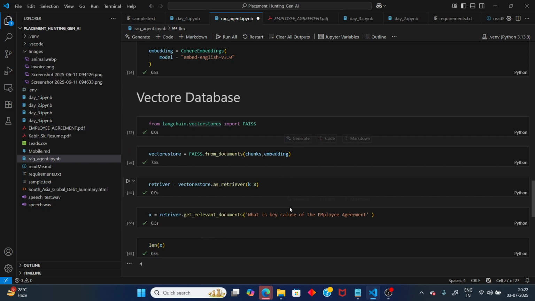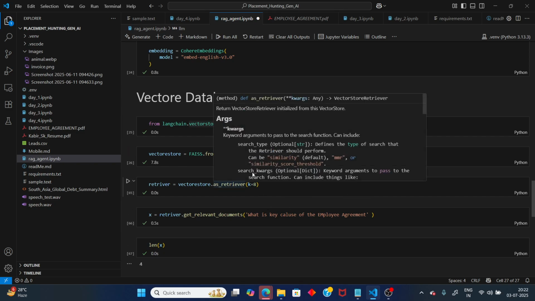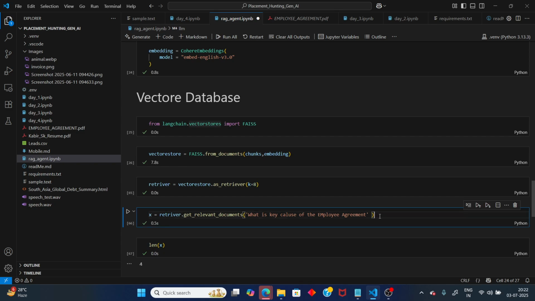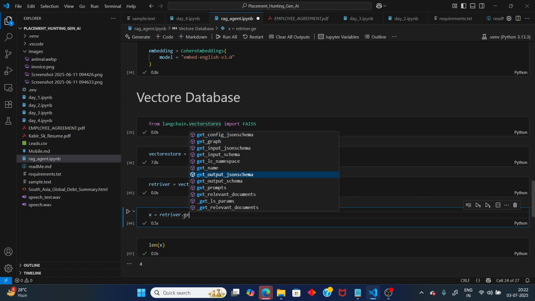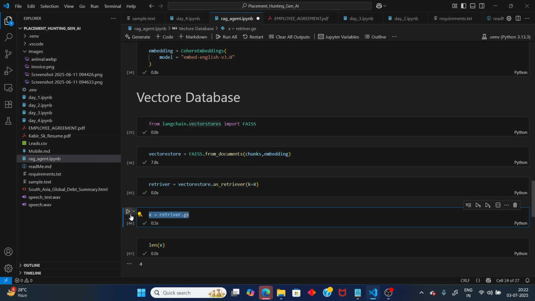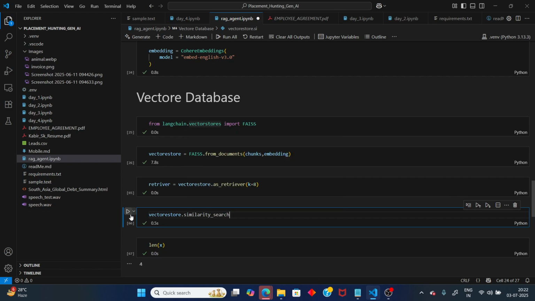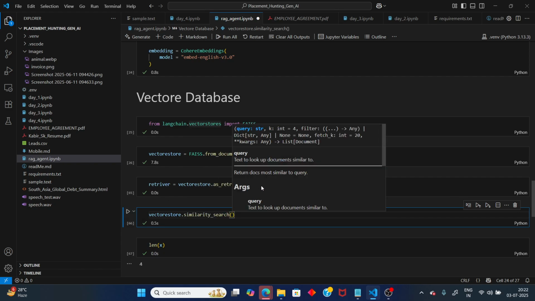उसको मतलब ये भाई, क्वार्क जितना देगा ना उतना ही आंसर आना चाहिए, उतना डॉक्यूमेंट। अभी क्यों नहीं आ रहा? इसमें सिमिलर सर्च मिल गया। हाँ, गेट रिलेवेंट डॉक्यूमेंट्स है, और एक है सिमिलरिटी सर्च। ठीक है, रिट्रीवर डॉट सिमिलरिटी सर्च और गेट सिमिलरिटी सर्च। गेट सिमिलरिटी सर्च वेक्टर पे होता है, वेक्टर स्टोर डॉट सिमिलरिटी सर्च, और एक है सिमिलरिटी सर्च। तो ये भी एक ऑप्शन होता है, ठीक है। इसमें भी तेरे पास बहुत से आर्गुमेंट हैं, क्वार्क्स, ठीक है।